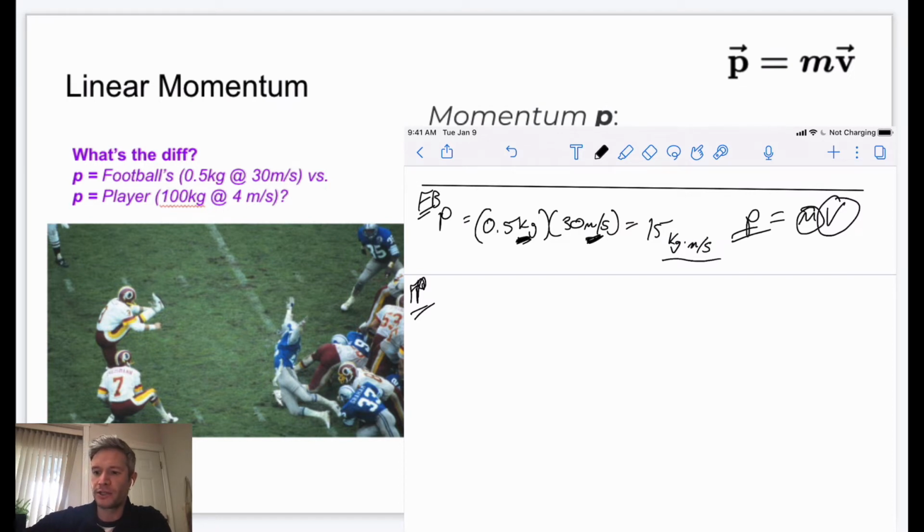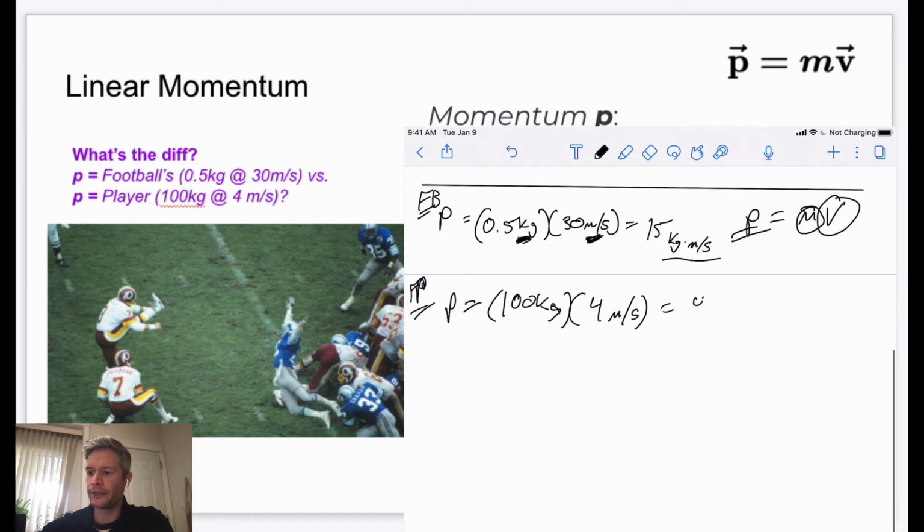Okay, so let's look at the momentum now of the football player. We'll go back to that. So we're being told that we have a 100 kilogram player, not unheard of, especially in the NFL, and that they can get going up to a speed of 4 meters per second. Now that's at the upper end, I think, of say a sprint for someone in the combine, maybe a running back or something like that. So we do the math, and well, let's look here. We got 400